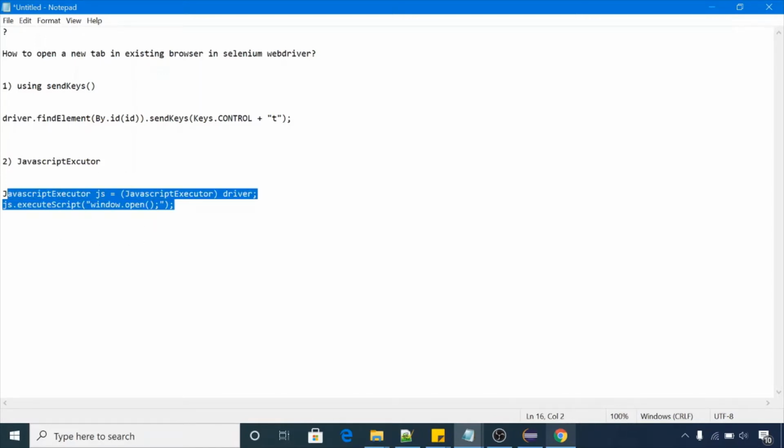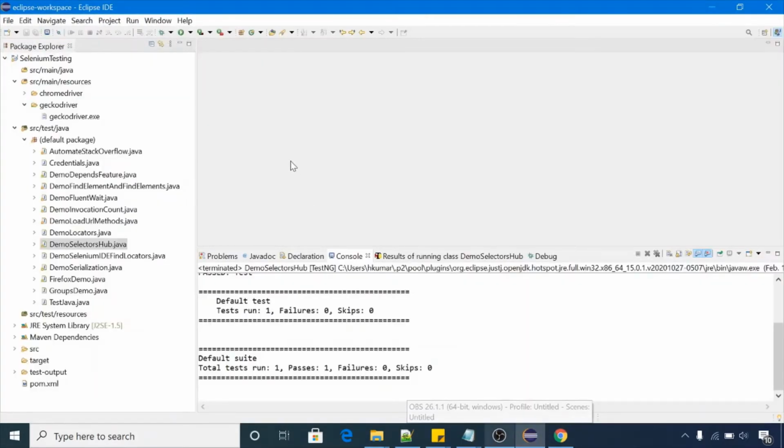So let me show you one practical example of how to use JavaScript executor to launch a new tab in the Chrome browser. I already have Eclipse installed and launched. So this is my Selenium project with TestNG and Java configured.